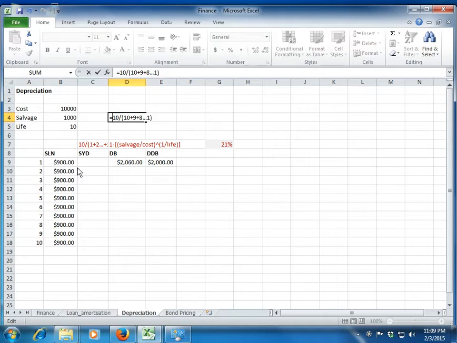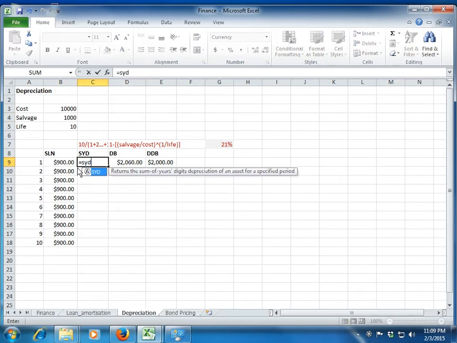Let me exclude the 0. So that's what the sum of year digit method is. It's again, as I said, used for the mining industry, etc., where the amount of resources is fixed. So it all depends upon how much of the resources we have utilized in a given year. That's what depreciation is all about. If the useful life of the asset is 10 years, then in the first year we have depleted 10 divided by the sum of the life of the asset. So no need to worry, the SYD formula will directly calculate this amount for you.